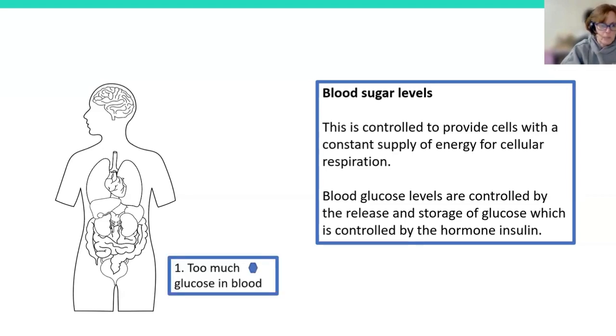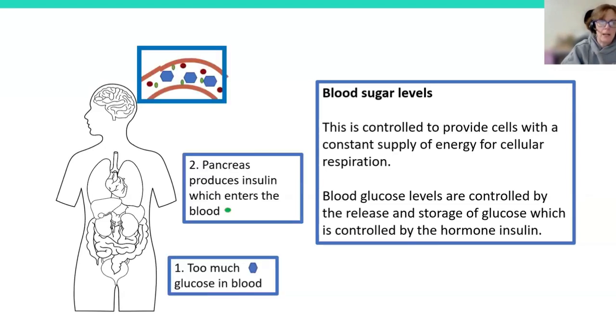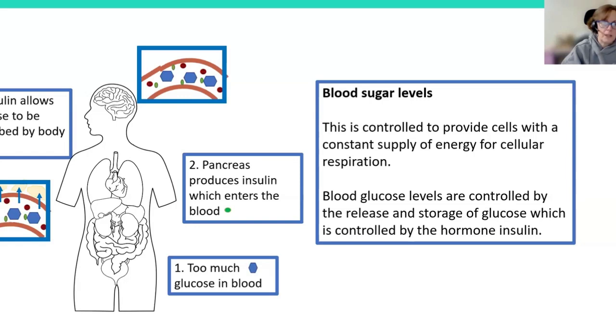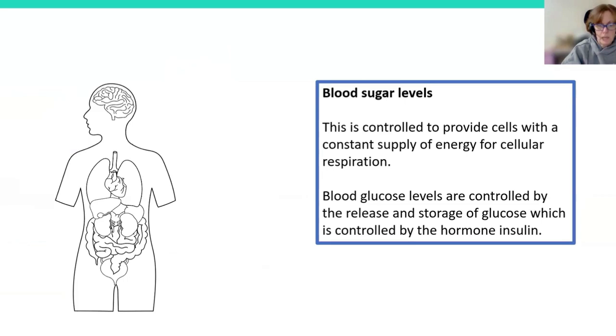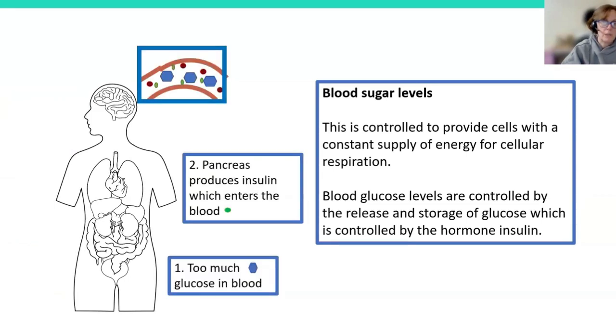So if we get too much glucose in the blood, as we were just saying, the pancreas produces insulin, and that insulin, which I've drawn in green, will enter the blood, and then that allows the glucose to be absorbed by the body cells and the liver, so the muscle and the liver. And that means the circulating blood glucose is reduced. And then if we get too little glucose in the blood, which is needed for energy, cellular respiration, it's